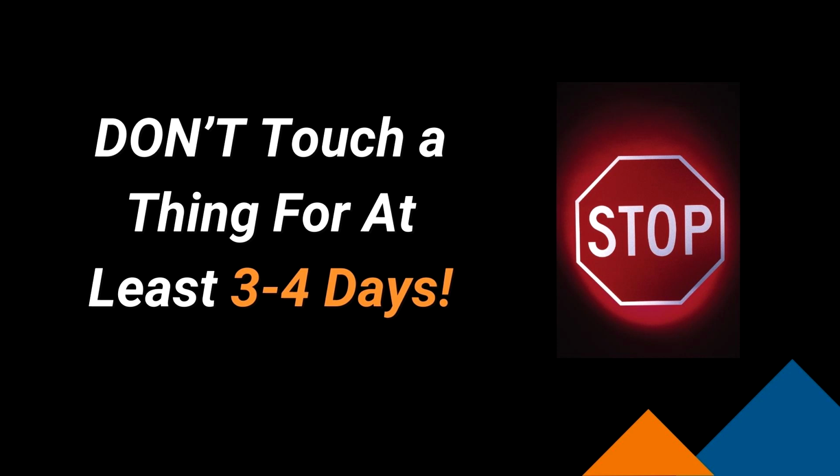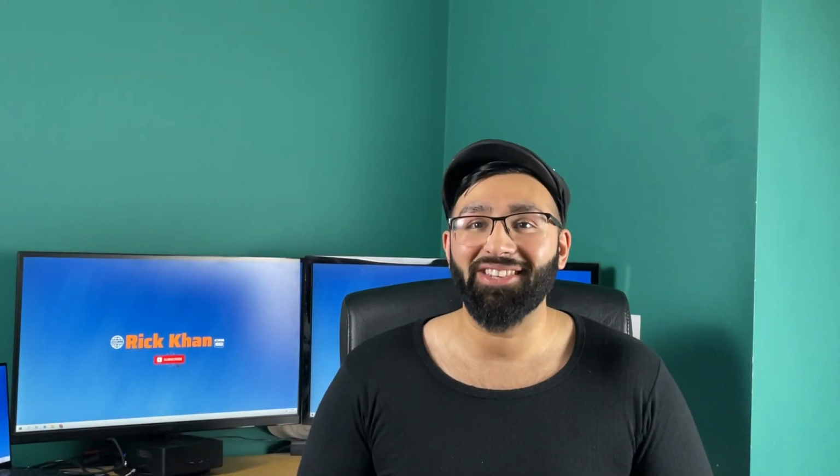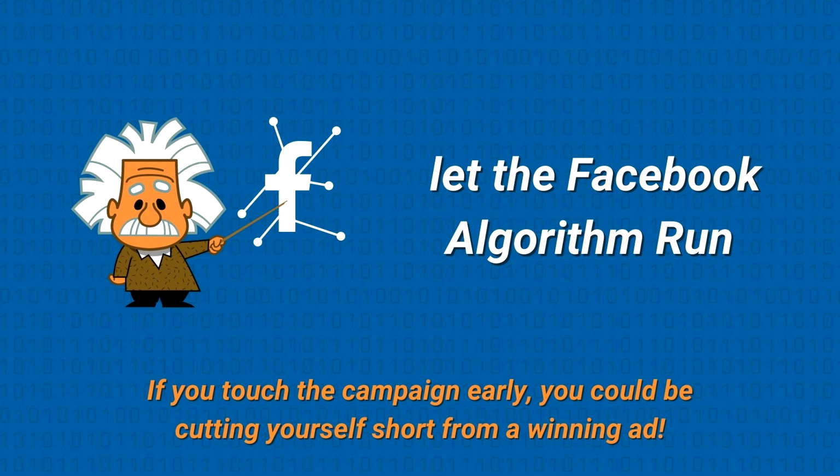But here's the thing, when you're running your ad campaigns and you're seeing your money being spent with no to little results, then there's two things you should know, which is first, don't touch a thing for at least 3 to 4 days. You see, most amateur marketers will consistently sit on their desks, refreshing the page and impatiently waiting for sales or leads to come in. And when they see the money going down and no sales, they can prematurely turn it off. But here's the thing, you have to let the Facebook algorithm run its course before you start tinkering with it. Because if you touch the campaign in any way, you can literally be cutting yourself short from a winning ad.